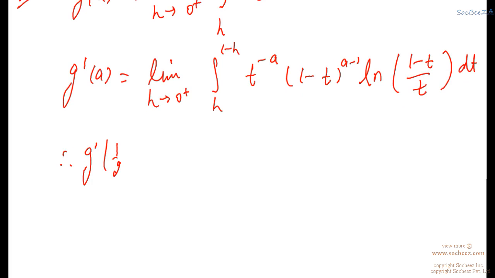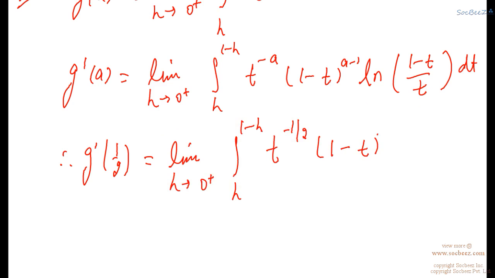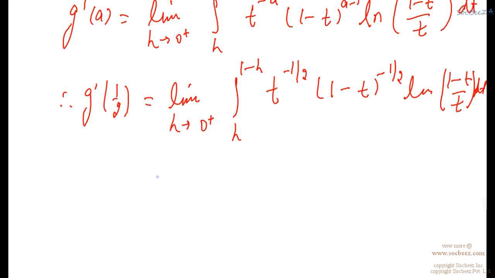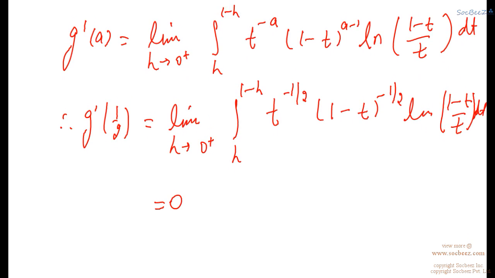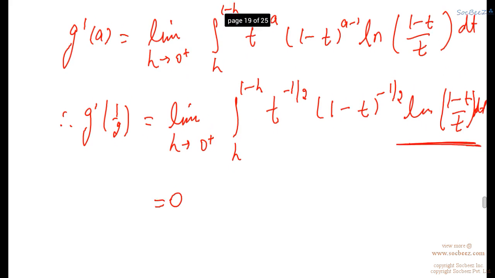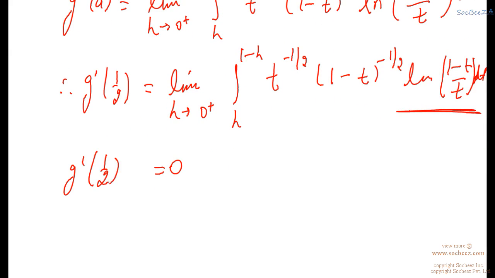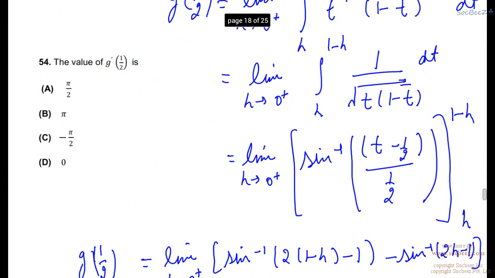Okay, so therefore g'(1/2) equals the limit as h tends to 0 positive of the integral from h to 1 minus h of t raised to the power minus 1/2 into (1 minus t) raised to the power minus 1/2 ln of (1 minus t) upon t dt. Okay, which becomes 0 actually. So this becomes 0 because of this expression. Okay, so now therefore here the correct option is option D. Okay, so let's see another question